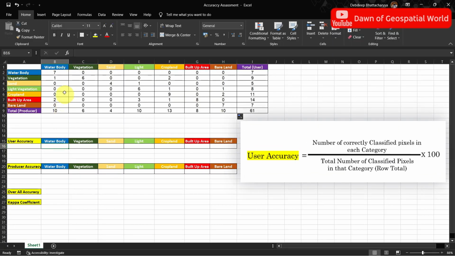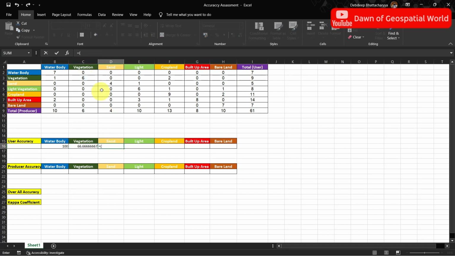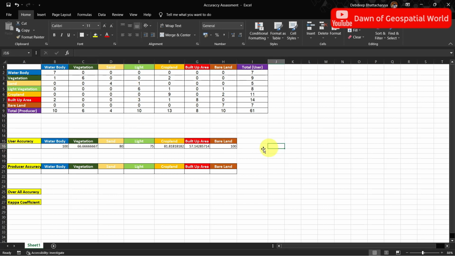So we put the formula like this. User accuracy of each category are calculated.